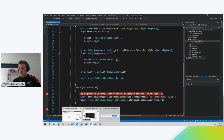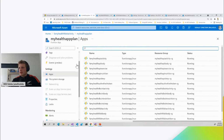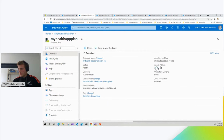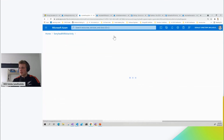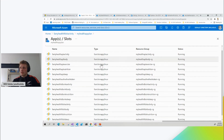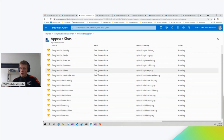So if I go back into this, this is my app service plan. This will be a dynamic plan that I've got. I've got all my applications running on Linux. We can deploy our functions to either Windows or Linux. I've chosen Linux. And these are basically all the functions that are sitting within that app service plan, sorry,